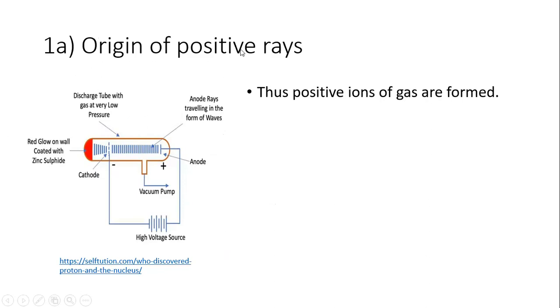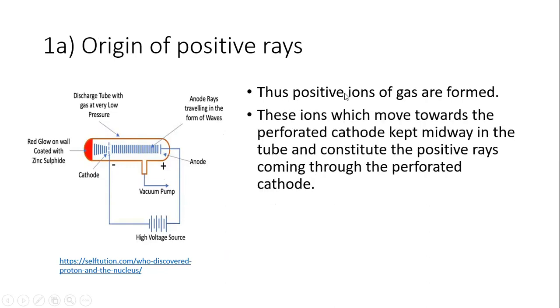Okay, origin of positive ray. Same setup, but instead of making rays, now we make holes in the cathode. Thus positive ions of gas are formed. The ions which move towards the perforated cathode get midway in the tube and consist of positive ray moving through